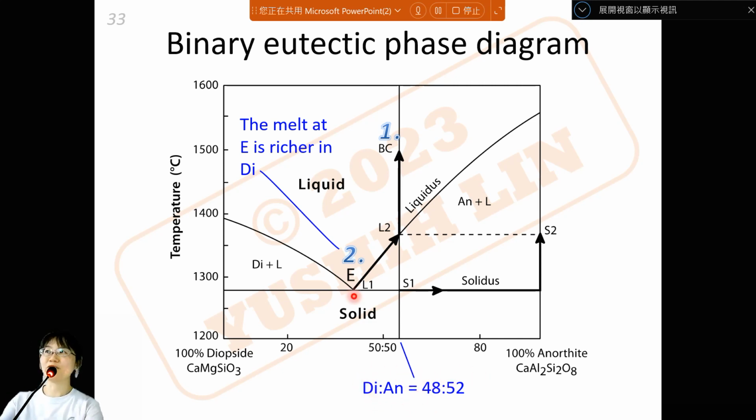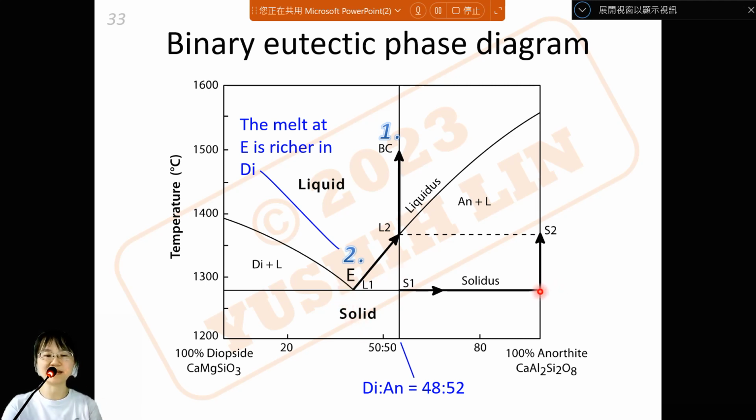Even if you give more heat, the temperature will not go up. It will stay here. It will melt and melt and melt, and the melt always has this composition, the best composition. Because the best composition has relatively more DI, the remaining solid will be increasingly enriched in AN. The magma always extracts more DI than AN, until every single grain of DI is dissolved, which is here,